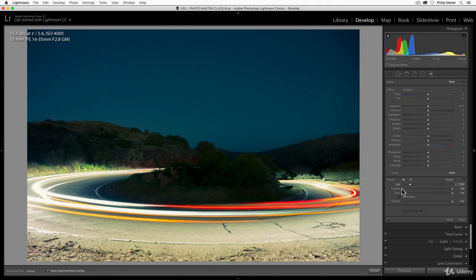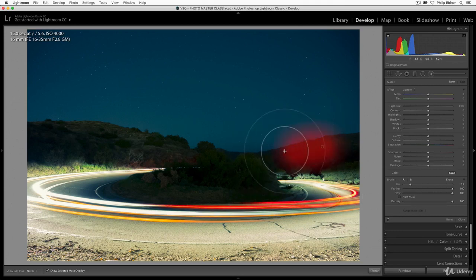And then there's a couple settings that you want to be aware of down here. So you have the size of the brush, you have the feathering, which is what you've seen before. You also have the flow, which is sort of similar to opacity in the sense that the higher the flow, the more opaque the brush will be. The lower the flow, it's going to be less opaque and kind of blend in with the original. Same with the density. Then you also have this auto mask button on.